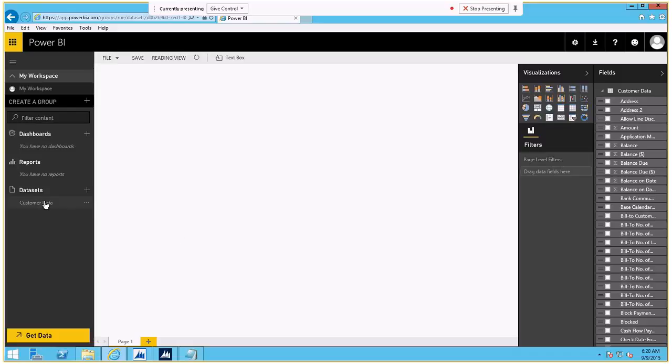So when you click on the data set, it'll open a report designer for you, and it's now in the edit mode. You can switch to reading mode later, but this is in the edit mode because there is nothing designed yet. So let's start by creating some reports out of this customer data. So let me see. So customer wise, we can